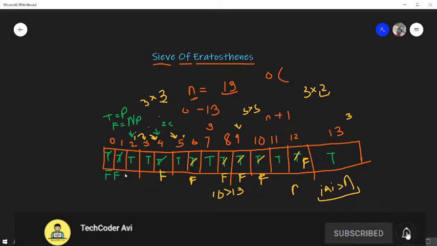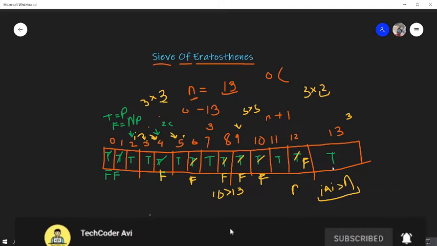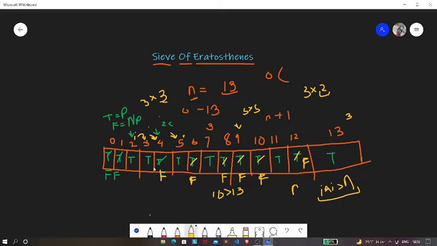And if you see now, whichever values are true in the array are actually the prime numbers. At first, 2 is true, which means 2 is a prime number. 3 is true, so 3 is prime. 5 is true, 5 is prime. 7 is true, 7 is prime.